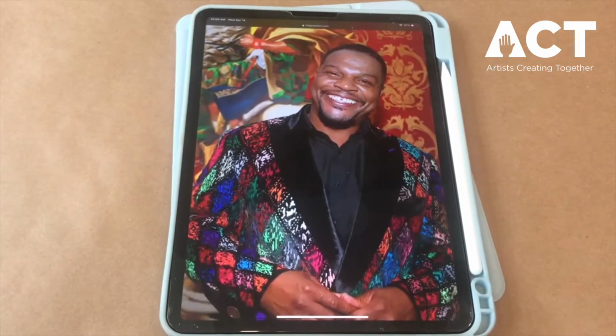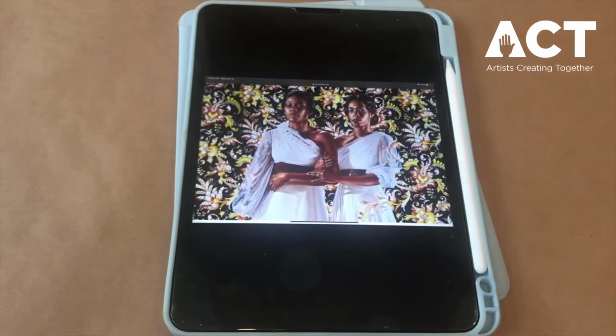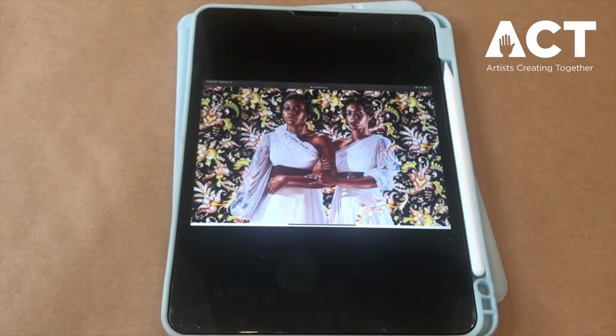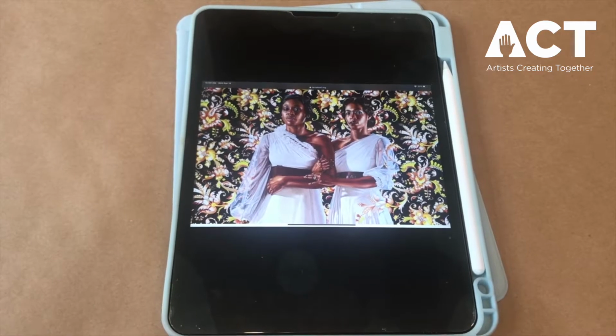Today I am going to show you a project inspired by American artist Kehinde Wiley, where he takes naturalistic figures in oil painting and pairs them with detailed, intricate backgrounds. The artist that has inspired today's project is Kehinde Wiley. He paints very naturalistic figures and then incorporates them with very intricate designs for backgrounds.